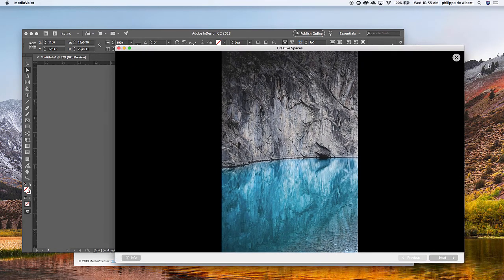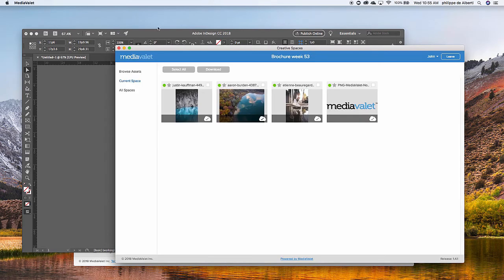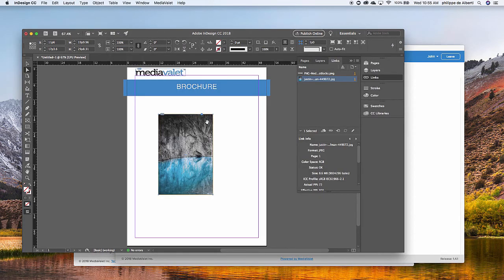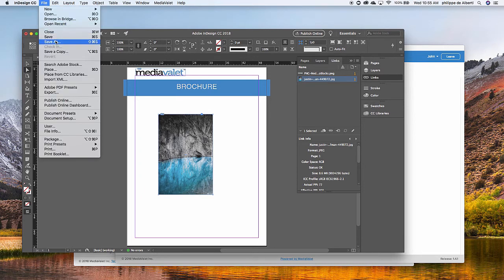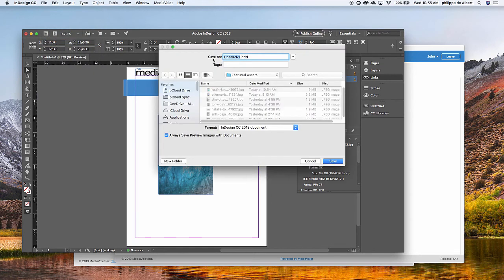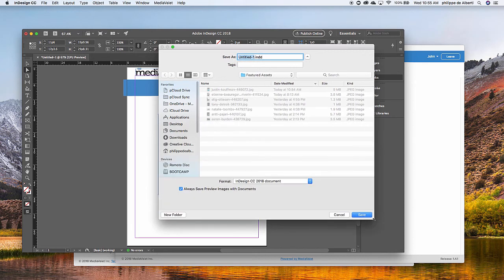Okay, so my masterpiece is pretty much complete here. My brochure is ready to go, so I am going to save this brochure. So I'm just going to click on the file menu here and click Save As. Now you can see, I'm just going to expand this for you a little bit here. You can see that I am currently in my featured assets section here,